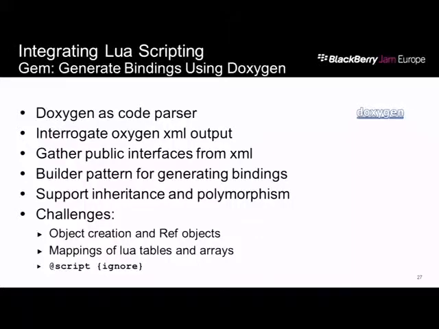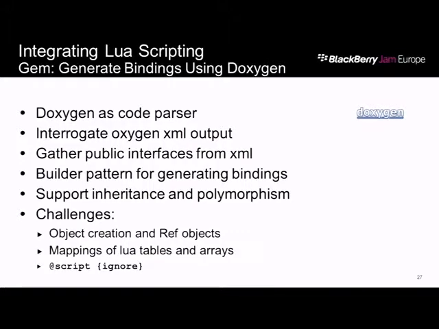So what I did was, we generate the Doxygen on your own API. You then take the XML, generate it as XML, or there's HTML. You just have to write a parser then. Doxygen's a really good code parser, and it knows what public interfaces are and which ones are protected, and it gives you all the information in there that you could generate derivative interfaces from a scripting language off of.